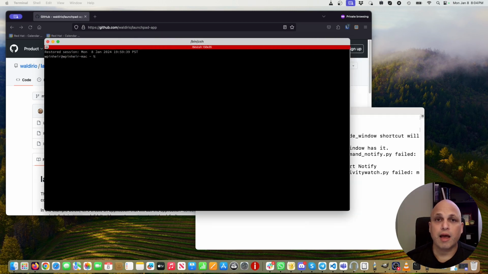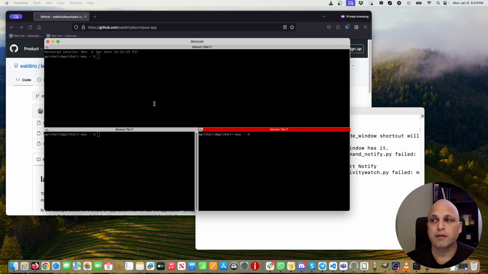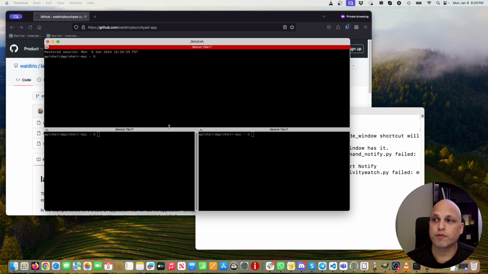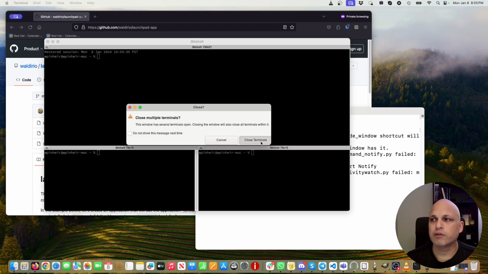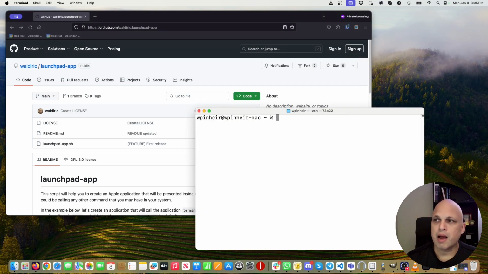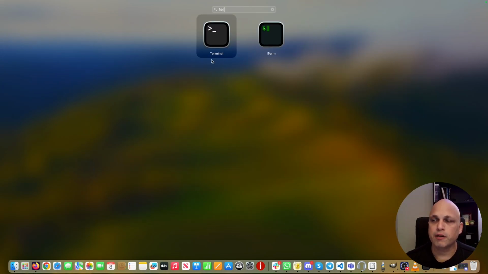This is Terminator, and here we can do a lot of stuff. For instance, create different screens, split them and move them around. So this is pretty useful. But the main point here is that all the time I have to open a terminal and then call Terminator. I don't want to do this. So how can I fix this in a way that Terminator is visible in my Launchpad? I would like to just open it here and have Terminator appear in this menu.